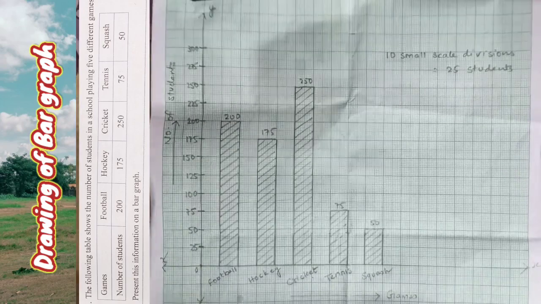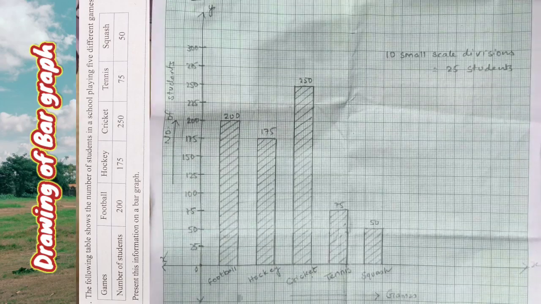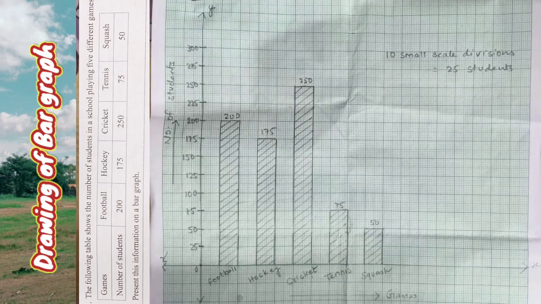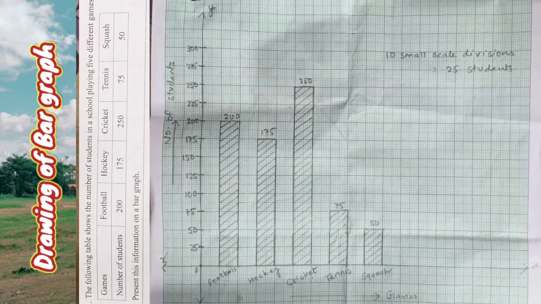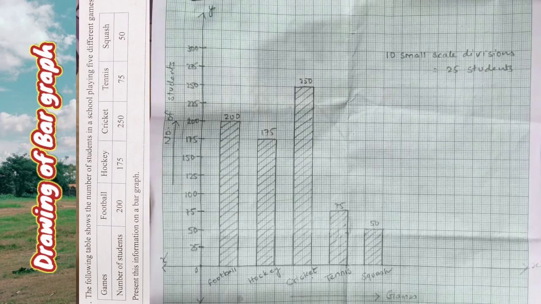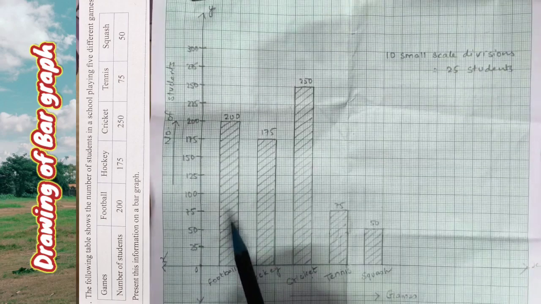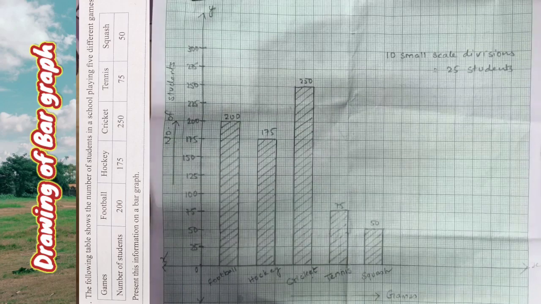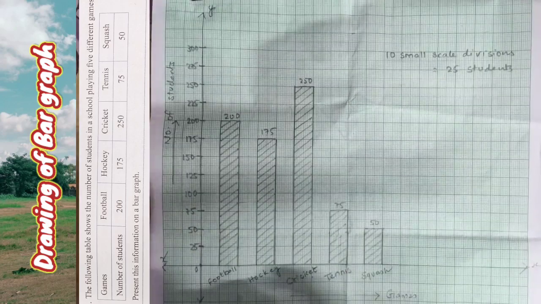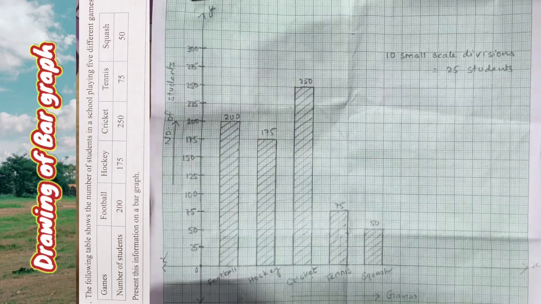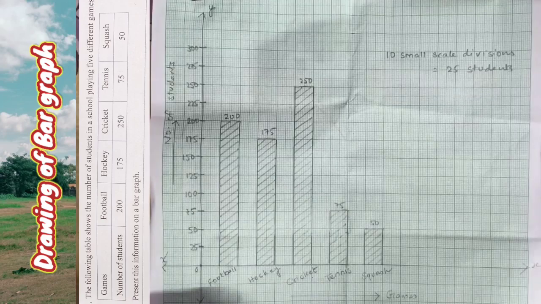One thing I would like to add here is that you may come across the double bar graph as well. For the double bar graph it's very simple. Actually, a double bar graph is mainly used to compare two different things in the same bar graph. For that type of bar graph, you will be making 2 bars at a time. Like you can see, I have made a single bar here. After giving equal gaps, I will be making 2 bars together, and then equal gaps will be there. The first bar will represent the first parameter, and the second bar will represent the second parameter.